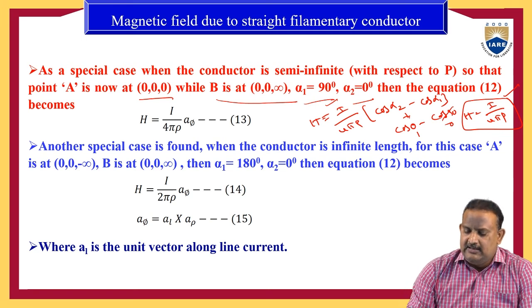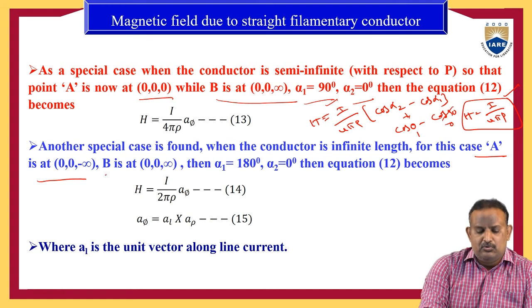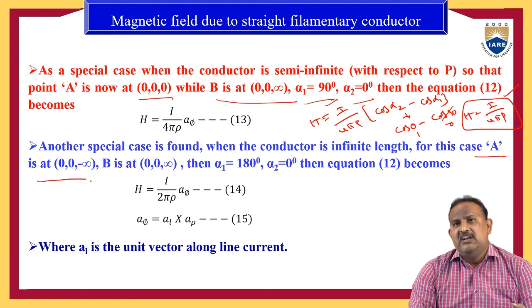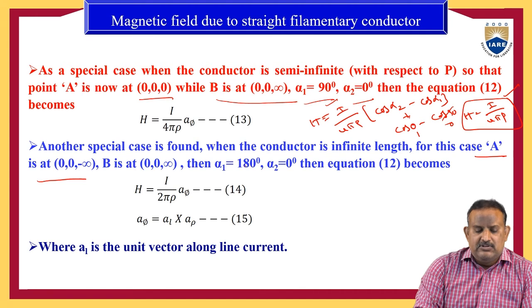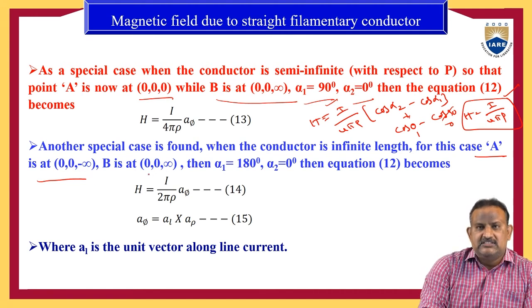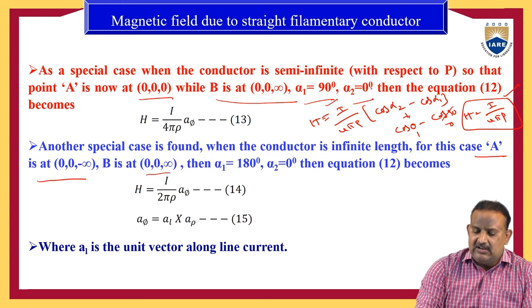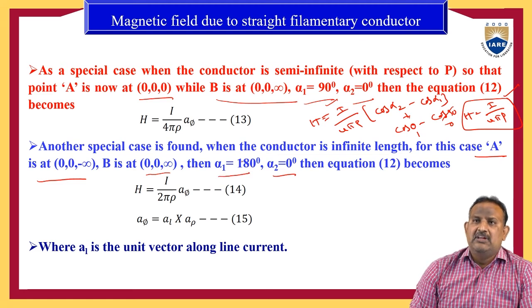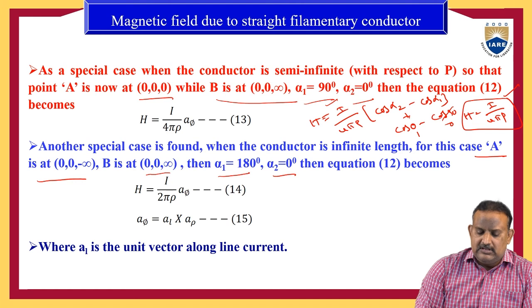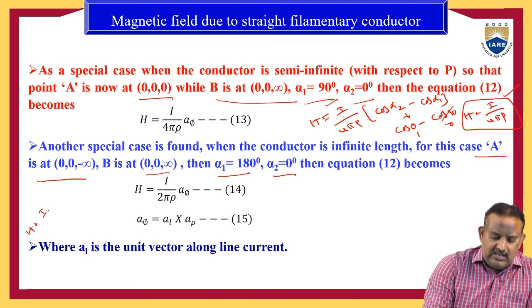Or as a special case, again we can assume the infinite line also. If you assume infinite line, the coordinates of the point A will move towards minus infinity and the point B will move towards plus infinity. Therefore, the coordinates of point A are 0, 0, minus infinity and the coordinates of point B are 0, 0, infinity. Now, alpha 2 is at 0 degrees and alpha 1 becomes 180 degrees. Therefore, the magnetic field intensity is H is equal to I by 4 pi rho